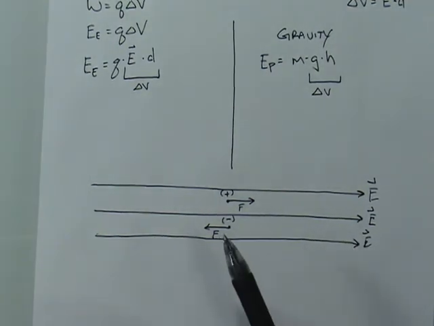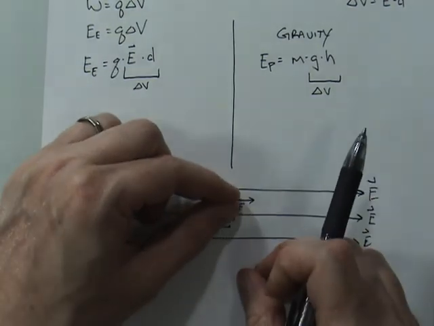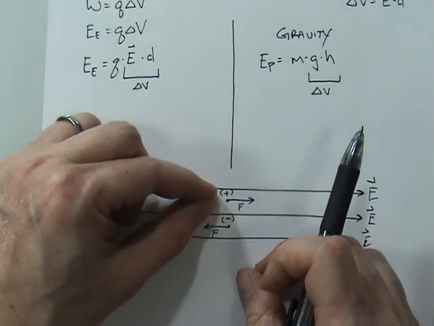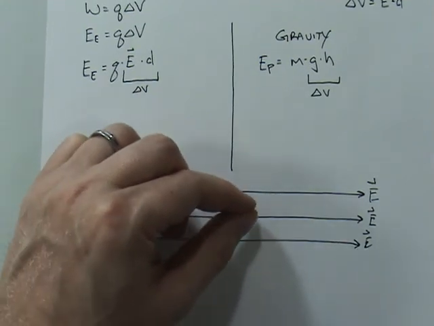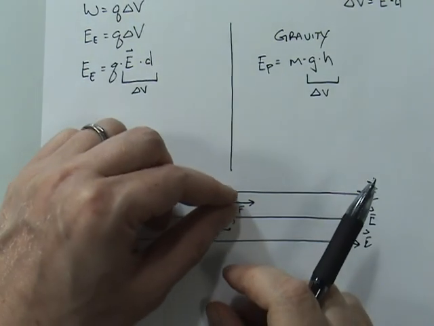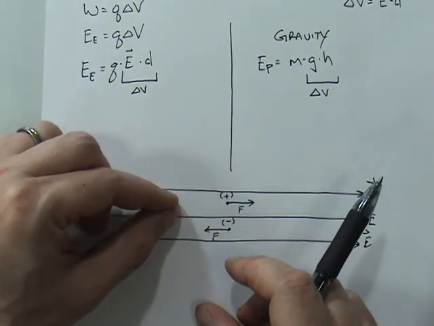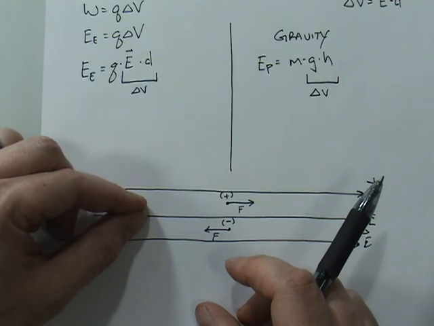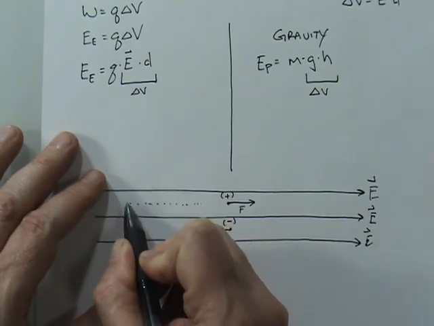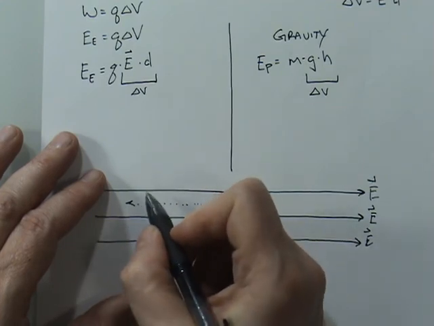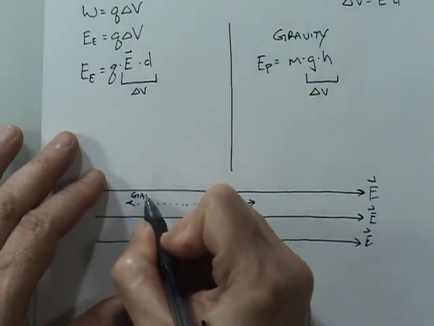Okay, now the question, and this is where it gets a little bit confusing, is normally what we would say is that if I took this positive charge and pulled it against the field, if I did work against the field, just think about the sound of what I'm saying. The work against the electric field, that's exactly the definition of gravitational potential energy, the work that you do against gravity. So if I take this positive charge and I move it in this direction, I will be increasing the electrical potential energy. So I'm going to draw a little dotted line with an arrow. And essentially what we're doing here is gaining